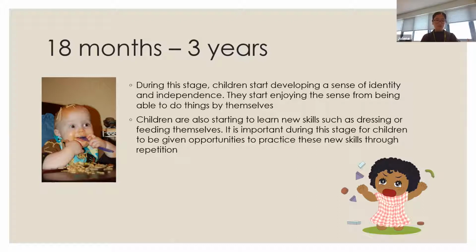It's also important at this stage of development to let them try new things themselves, and they will want to try new things. They will want to do things on their own. I can feed myself, I can dress myself, I can pick my own clothes myself, and you could end up with fairly odd examples that may not exactly be appropriate. I've had that happen when kids just want to dress themselves. Yeah, you end up with, I don't know, a sparkly dress on the top and tights underneath, and that's perfectly normal. It's reflective of where they're at in their stage and wanting to be able to do things independently.